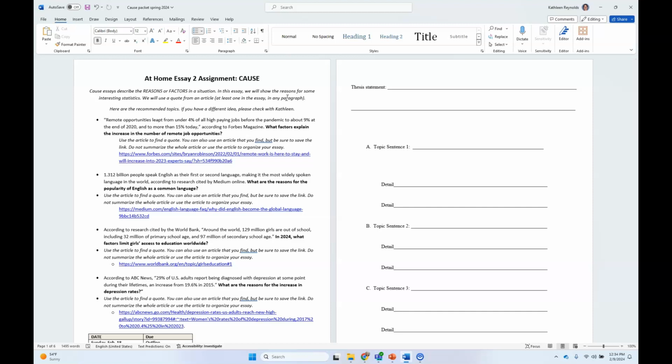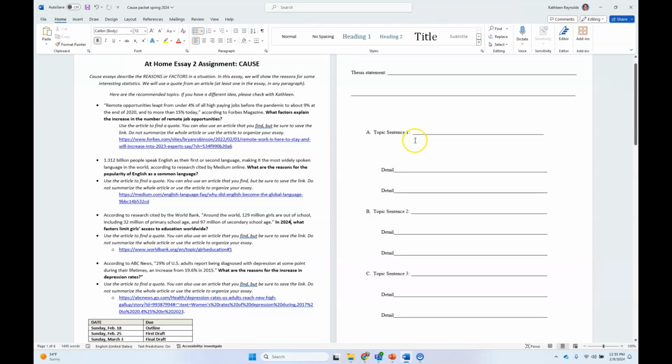So, do you need to read the article now? No. But you can read the article now. It's okay to brainstorm and think of your own ideas. And then you will use an article to support your ideas. If this article doesn't work for you, you will be able to research your own article, and I will show you how to use it as part of your essay. Okay? But for this week, the assignment is just to do the outline. Okay? So it's not necessary to use the quote or the article yet.